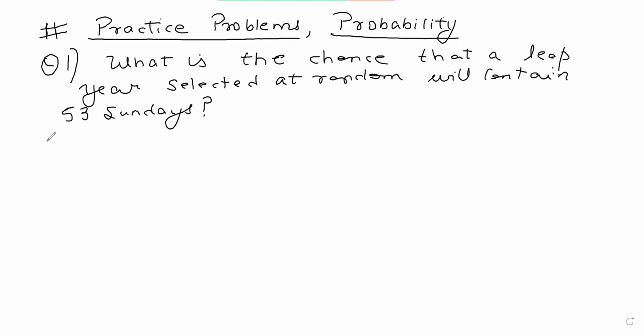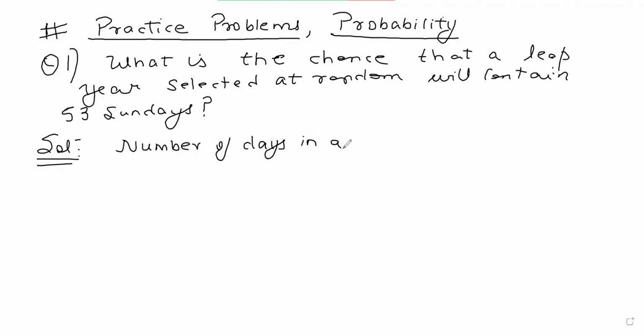So we need to find out what is the probability or the chance that a leap year is going to contain 53 Sundays. Okay, so let's solve this particular problem. Now, in a given leap year, how many days we have? So I can write number of days